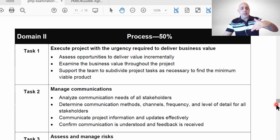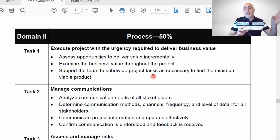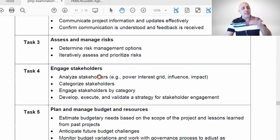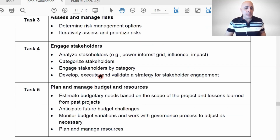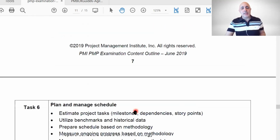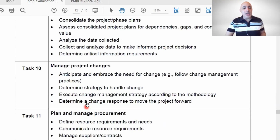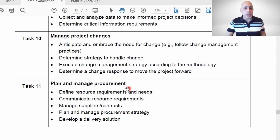You will see later on the business part, which is 8% of the exam. They also talk about project evaluation and so on, or benefits management. So there is a flavor of this when you read the PMBOK book in the charter side of things. Okay, you might find it there. And then communication, risk, stakeholders. That 50%, the process, is mostly the knowledge areas we're familiar with: budget and resources, schedule, quality, scope, planning, change management, which is part of integration, procurement,